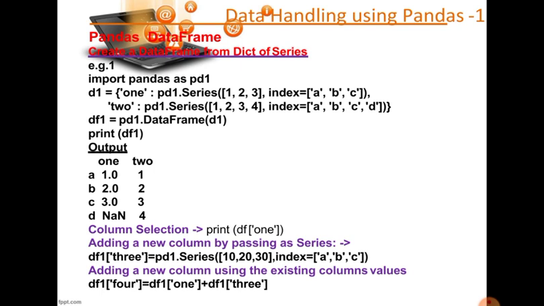Output: 1 2, a 1.0, 2.0 3.0 NaN. Column selection: